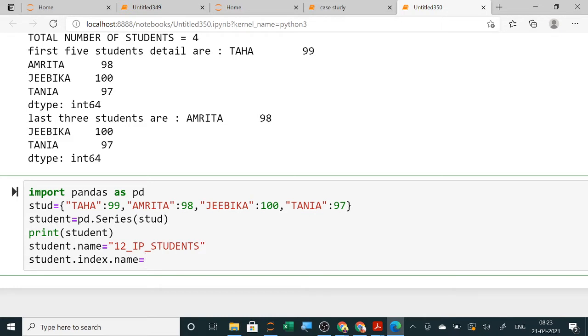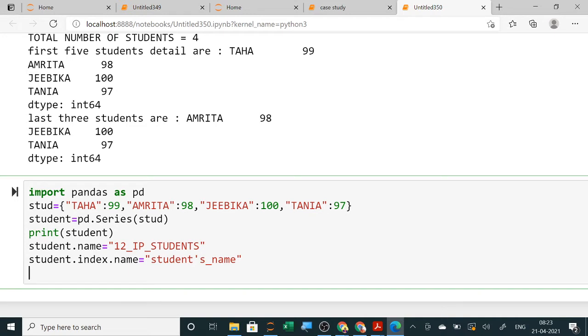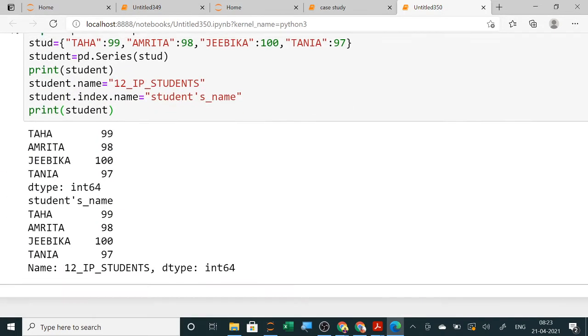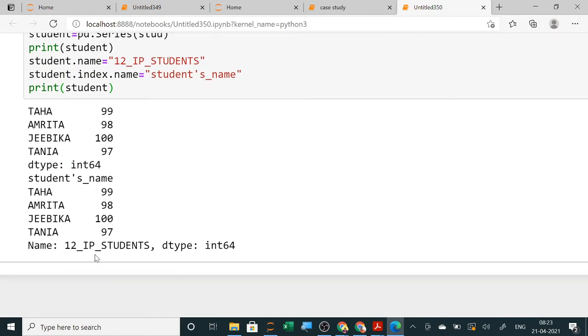Now I want to display this, so for displaying, if I write student, you can see the name of the first column is student's name, so it is showing student's name, and then it is showing the data.